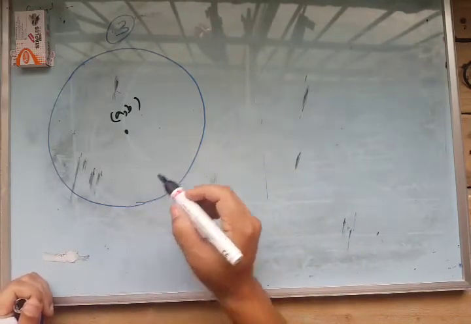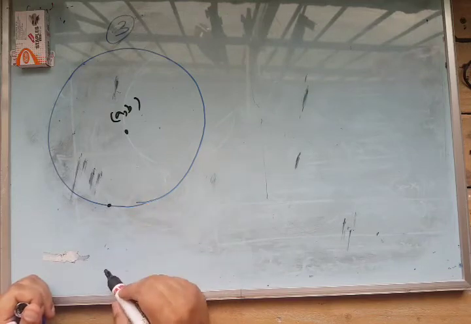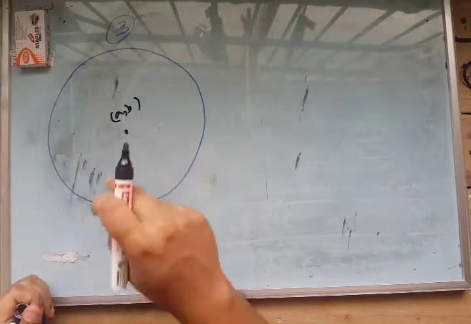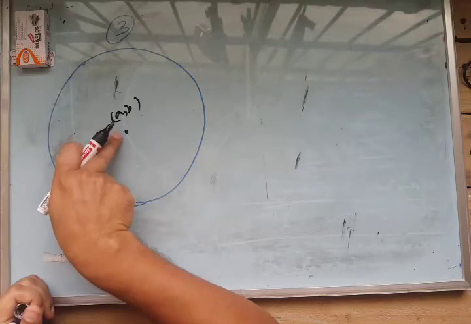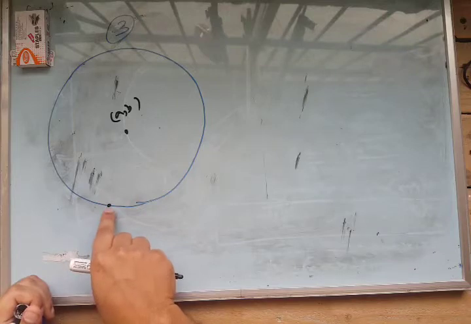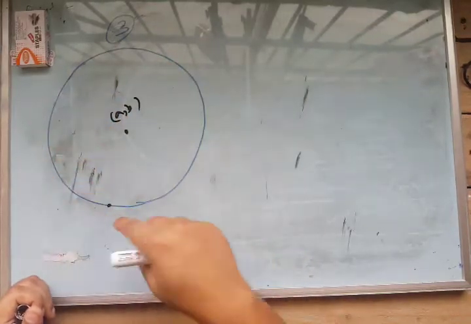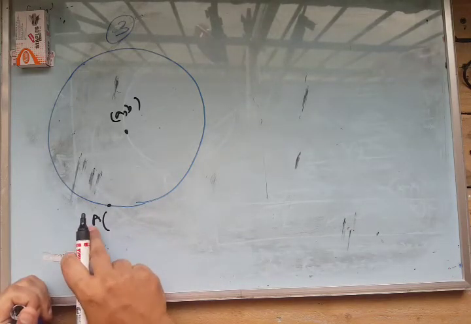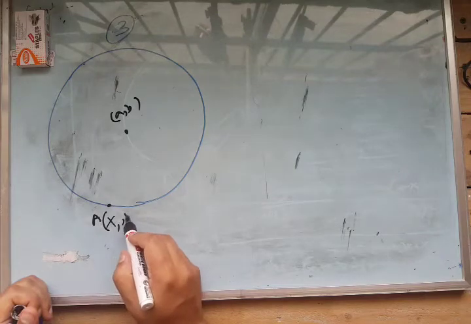Instead of a radius, you are given a point on the circle. You are given now the coordinates of the center and just one coordinate of a point on a circle. Let's say that the coordinate of the point A is given as x1 comma y1,